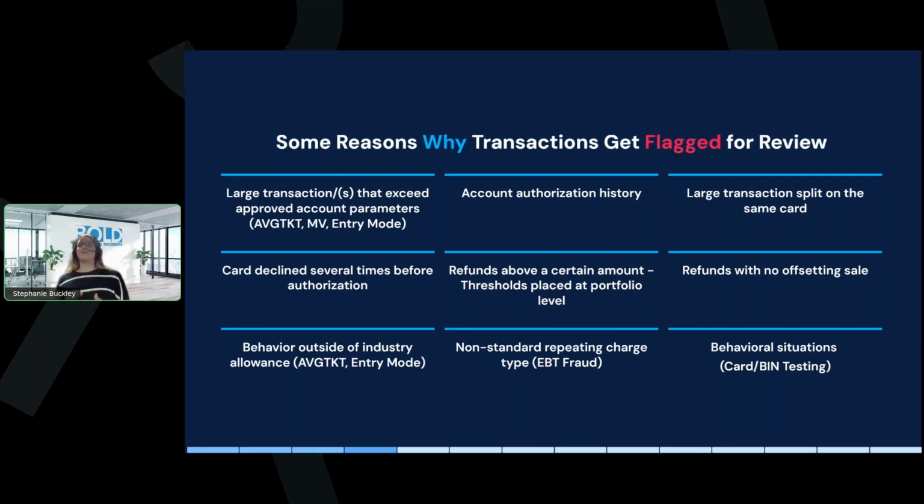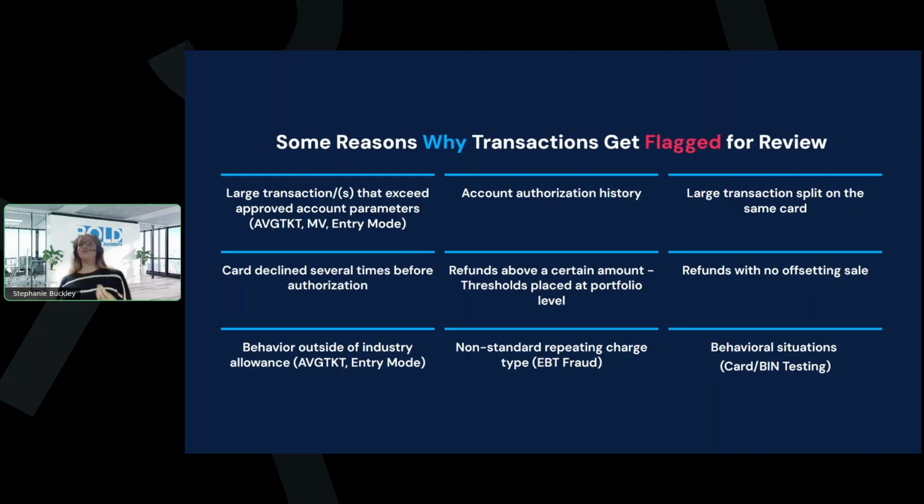Large transactions that are split on the same card. So if you try to run a $100,000 transaction and it doesn't go through, so then you put in four $25,000 transactions and they all go through, well, I'm sure you all have had experience with chargebacks that are for duplicate transactions or things of that nature where it looks as if a card was accidentally run 4 times for the same amount. And that can also be disputed by the bank. It can be disputed as fraud. And especially if it's a keyed transaction, the merchant would 100% lose those chargebacks, and that $100,000 will be eliminated from their account.